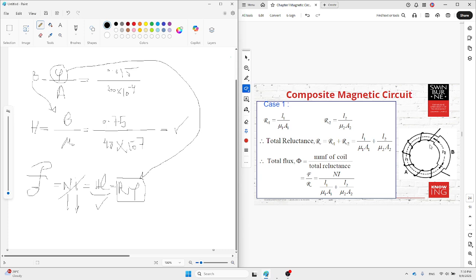Here is an example of a system with two different